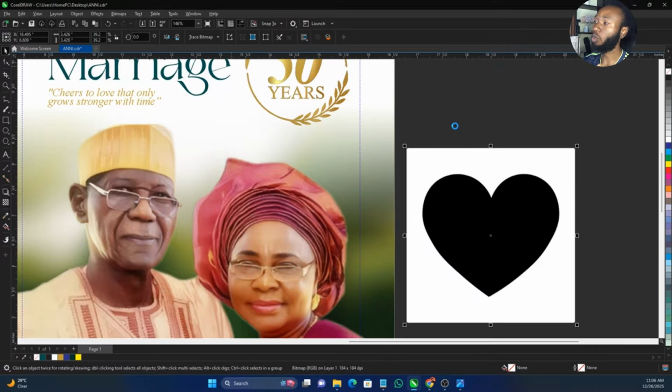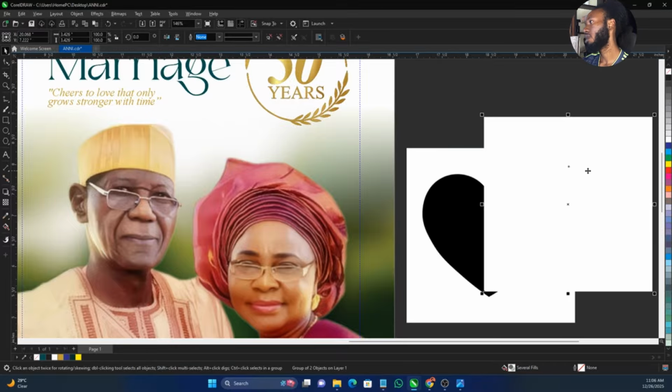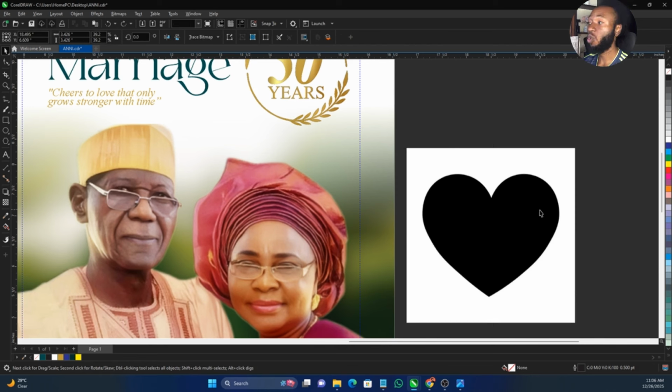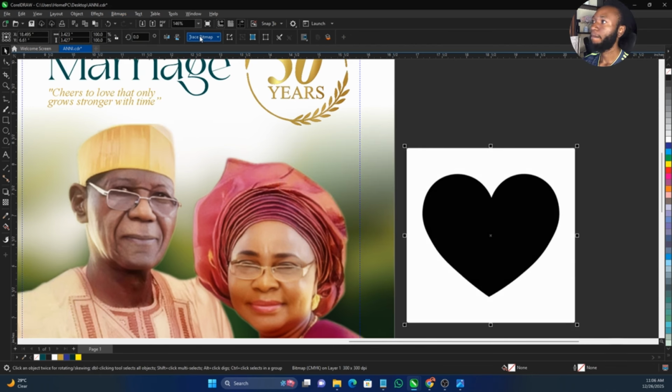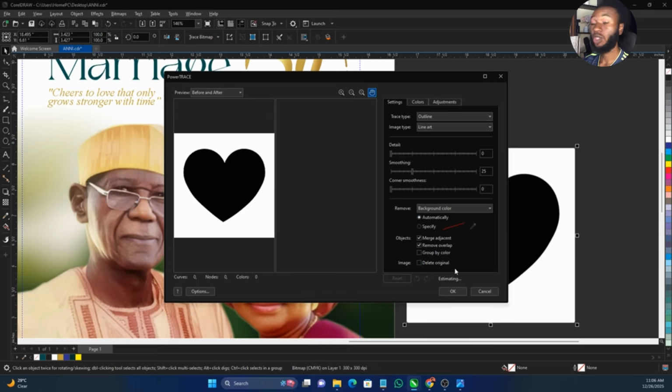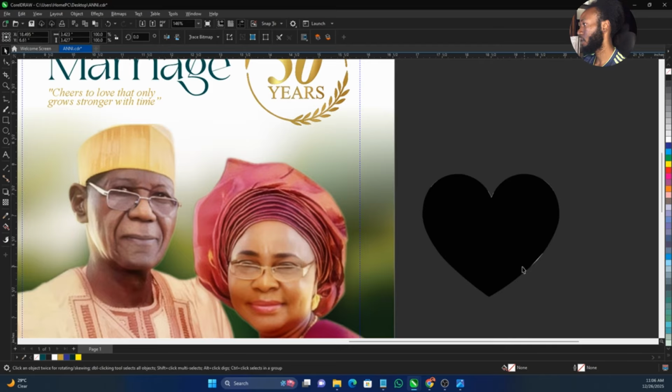So once you go to quick trace, monochrome simply means one color, right? Oh, my monochrome has disappointed me. So what we're going to do is we're going to bitmap it. Go to trace bitmap, outline trace. It works though. Don't think it doesn't work. It works, right? And this is it. So delete